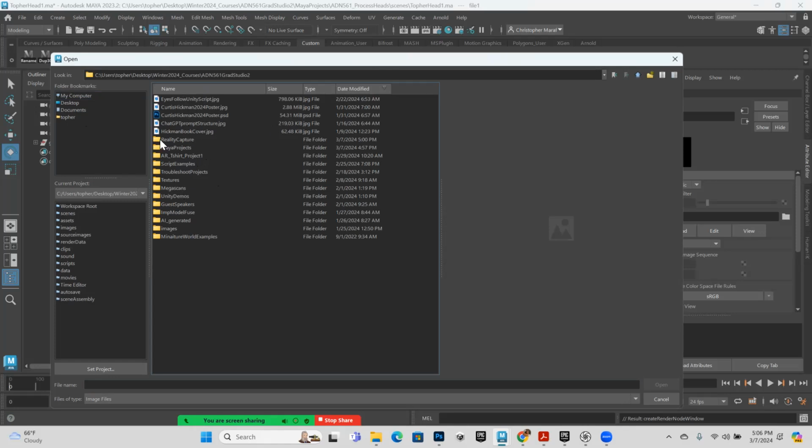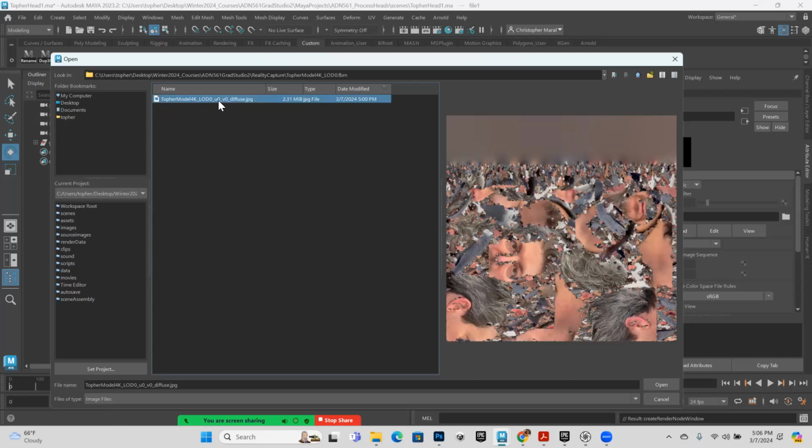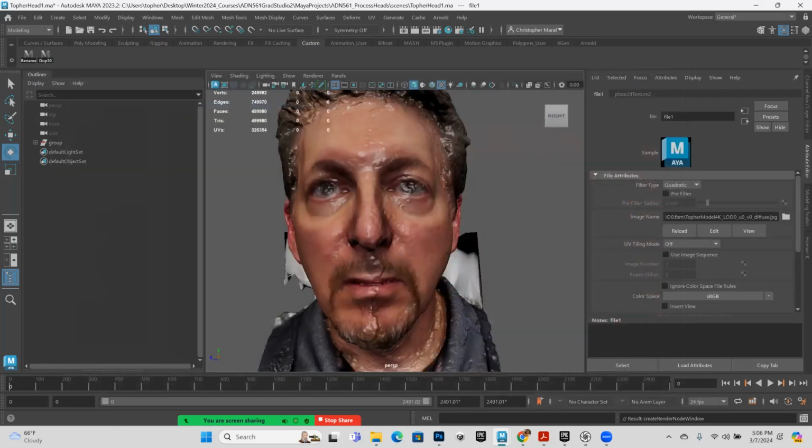It should be in where the FBX files are. So if I go into reality capture again, there is a LOD0 folder. Let's go in there. And then there's a diffuse map. And there it is. And I can open it. And now it has the